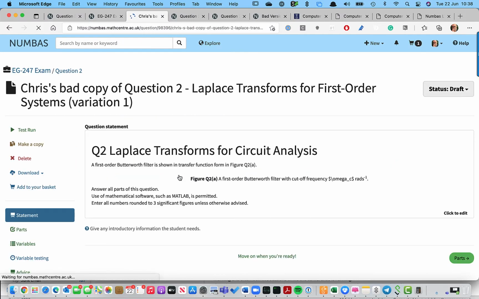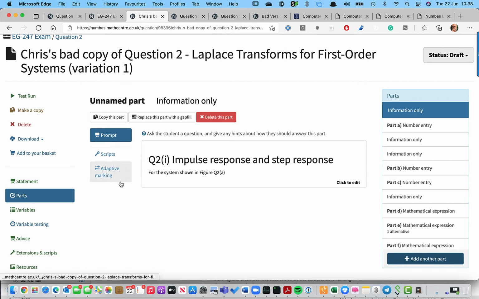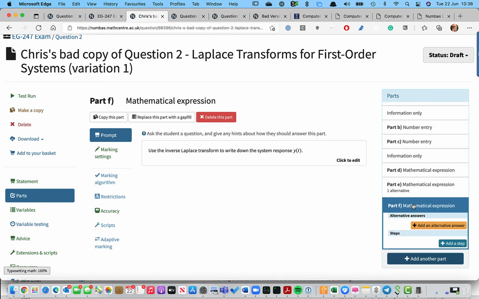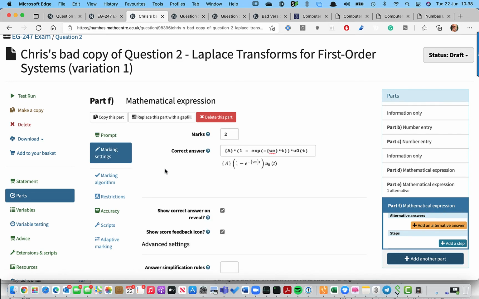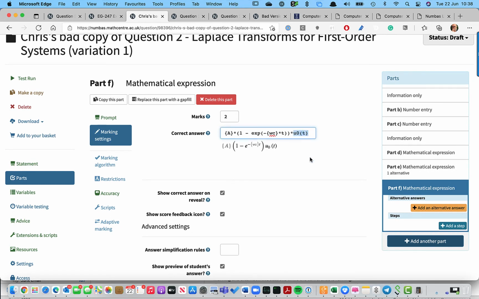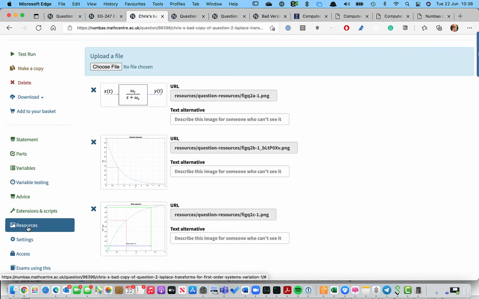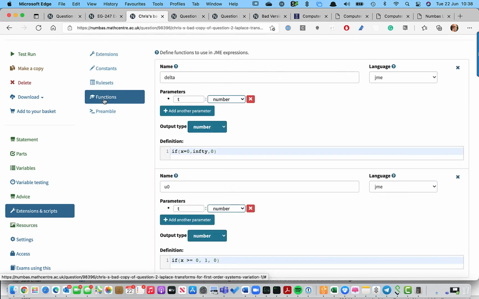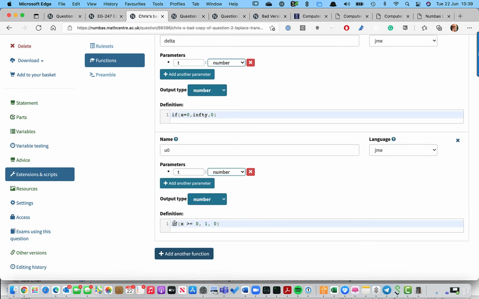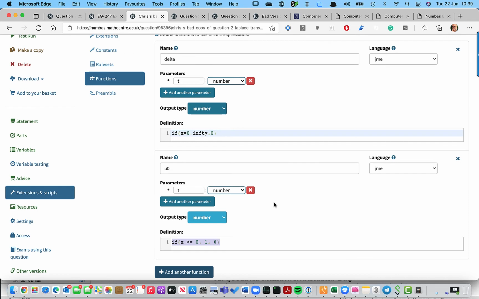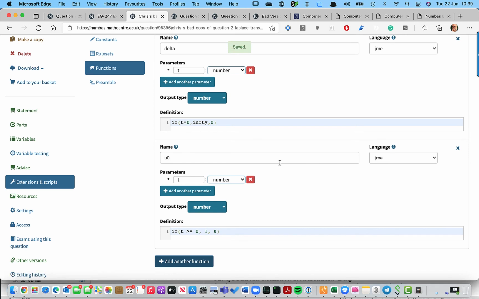The answer was that in my function definition I defined it as u of t, but I actually used x in the definition, so it's one of these errors you get, and actually that's the expression I was expecting. It should have been correct, but the function that I defined was wrong because it had a t as a parameter but x in the definition. Easy fix, but too late to fix once the exam is running. So I had to basically tell the students, if they had that question, to ignore it, and I would give them full marks, which is basically what I had to do.